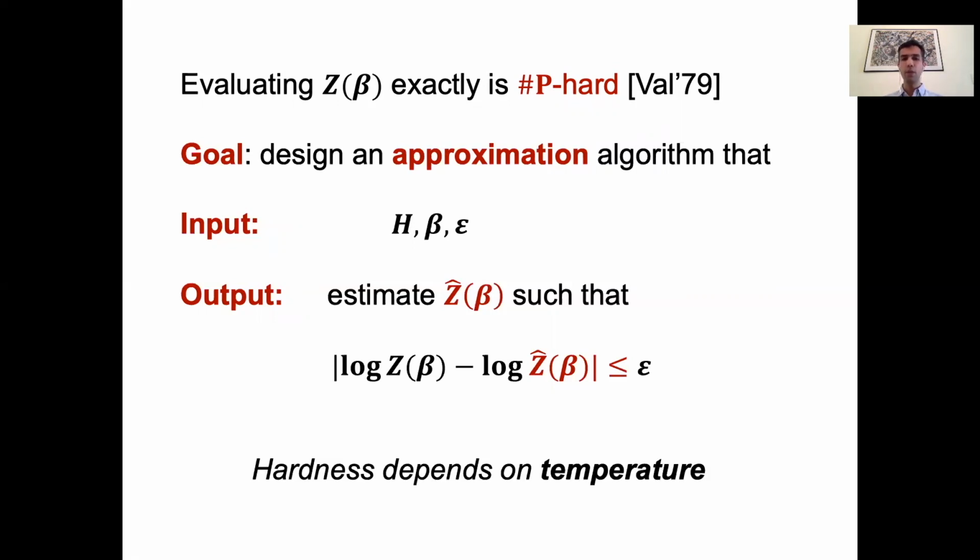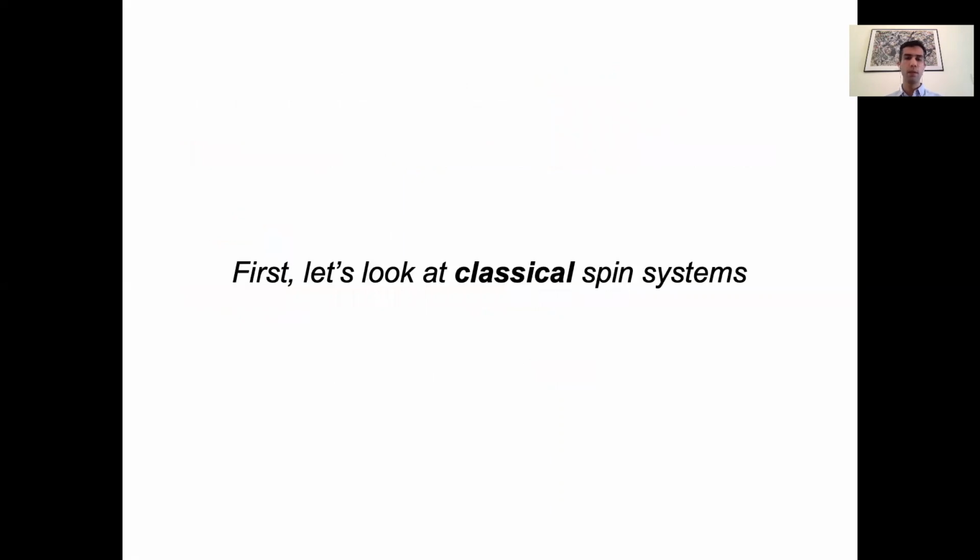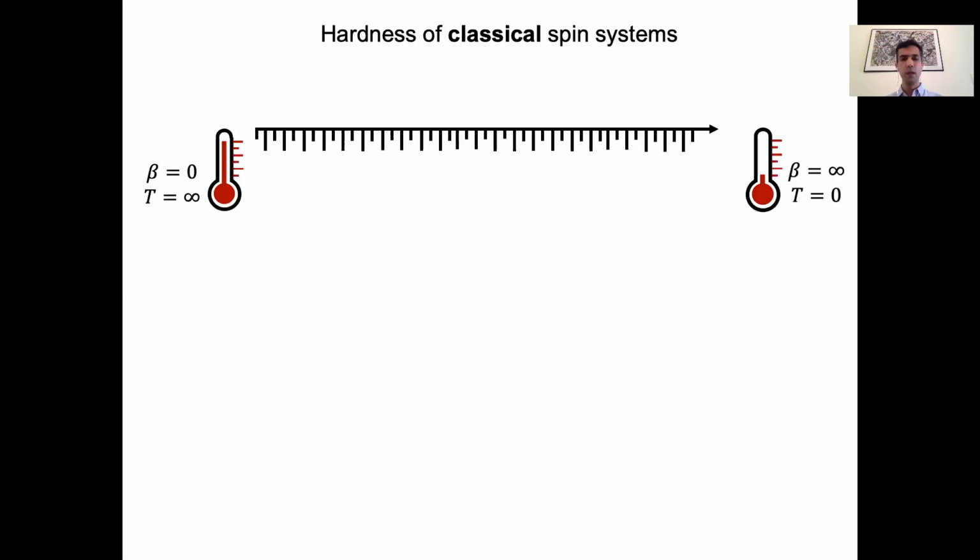Then a natural question is how hard it is to find such approximation algorithms. It turns out the hardness depends on the temperature at which you want to estimate the partition function. This is a widely studied problem classically, so let me first tell you about that. It's actually not hard to see this temperature dependence of the computational hardness in two extreme cases. At very high temperatures, the Gibbs distribution is basically the uniform distribution, and finding the partition function is trivial. It's just the dimension of the